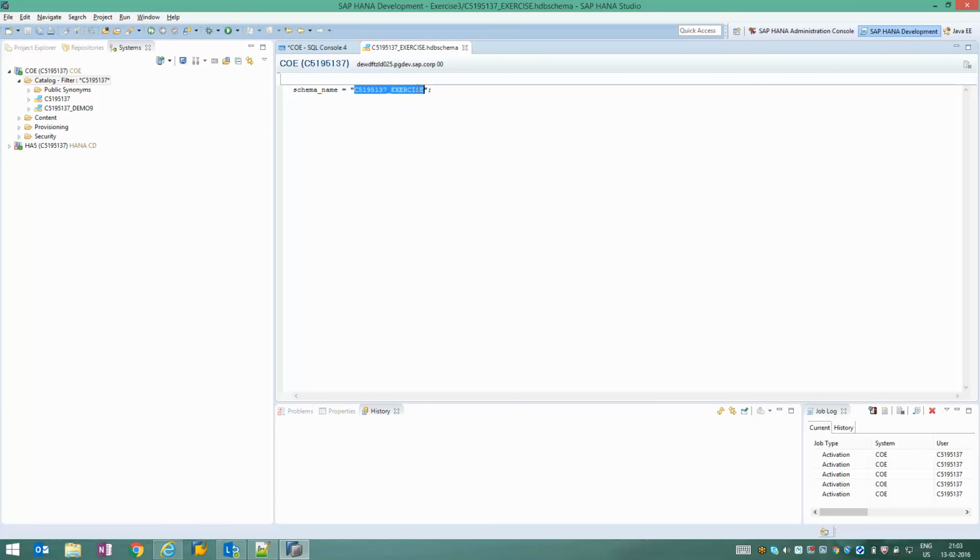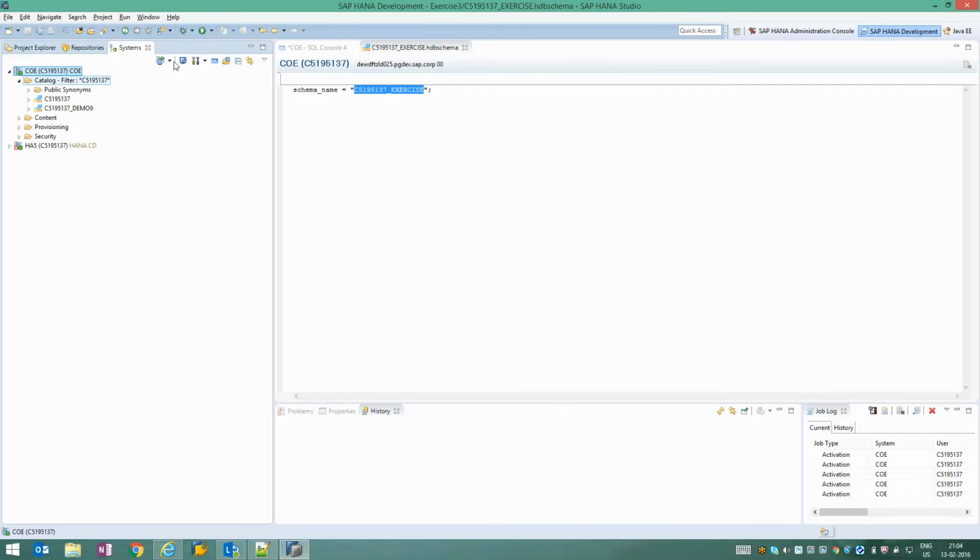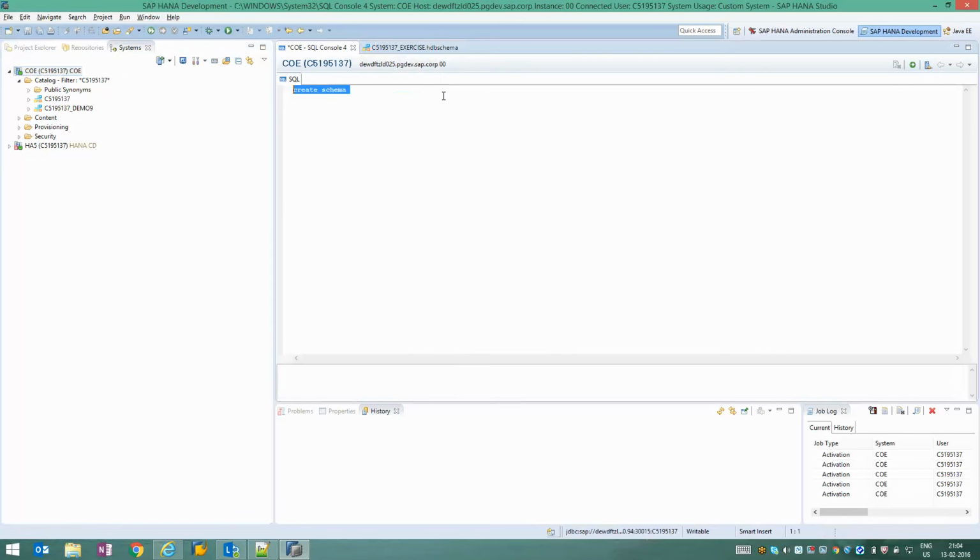The reason is because I have created the schema, but I do not have the authorization to access the schema content. That is because I do not have the privilege to access that. So if I wanted to have the privilege, I should grant the permission for that. For that, you will have to go to the SQL command prompt, and here I'm going to grant the schema privileges. I'm going to call a standard procedure, and I'm going to give what are the schema operations that I can do.